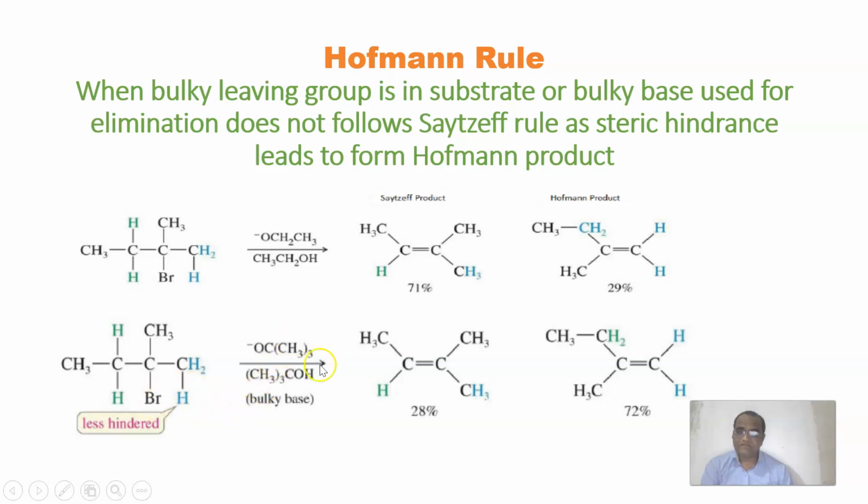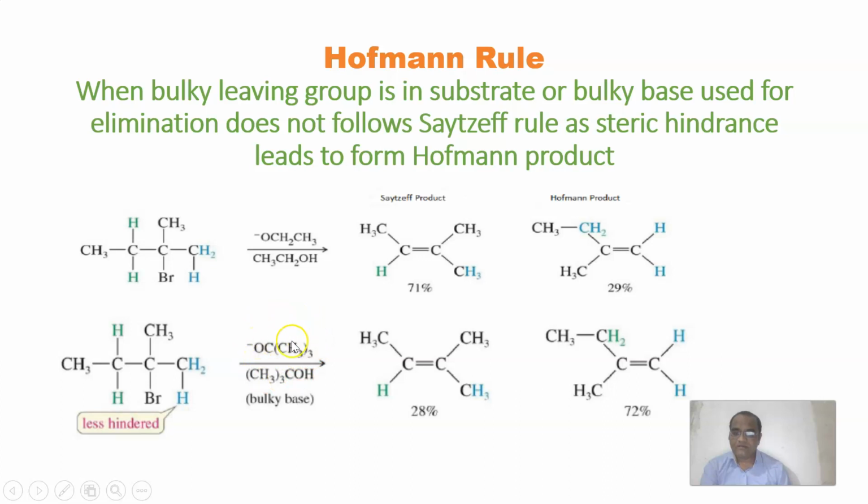And the Hoffman rule states that when there is a bulky base, or we can say bulky substrate. So now we have taken an example of a bulky base. Here before it was nothing but ethanol, right? Simply ethanol with a straight chain structure. But here now it is tertiary butanol, right? So tertiary butanol is a bulky base having 3 CH3 in 3 corners, and in the fourth corner it has an OH. So it is bulky, and due to this bulkiness of